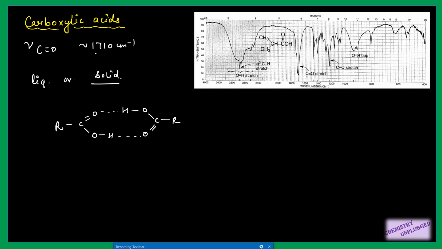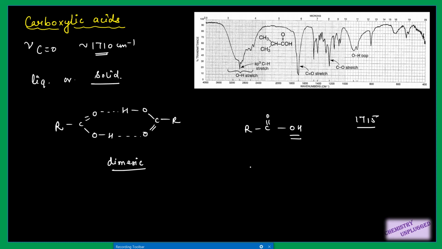That is why we have this value close to 1710, because otherwise if you try to find out the carboxylic acid frequency by following the concept we have discussed previously, you should say that this value should be higher, because for carboxylic acid we have OH and this OH should show electron withdrawing effect, so the vibrational frequency should increase. If the base value is 1715, it should be greater than this one, not less than this, but this value is less than this because of its dimeric form, right?